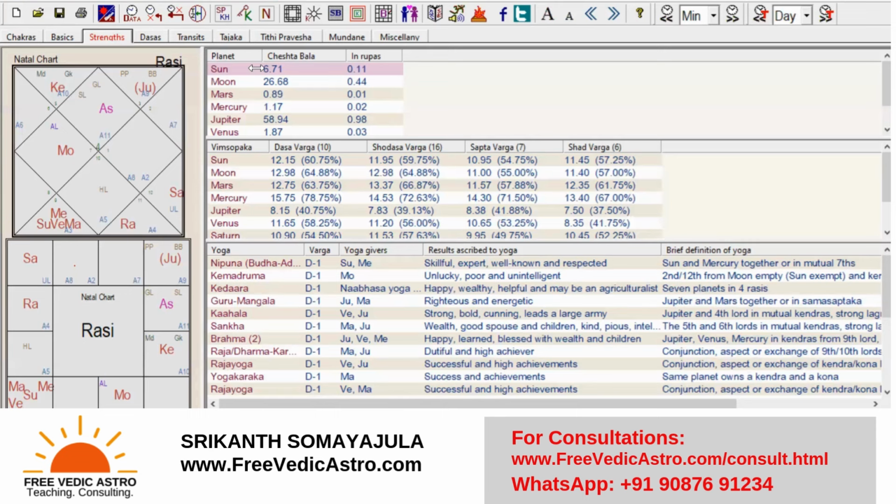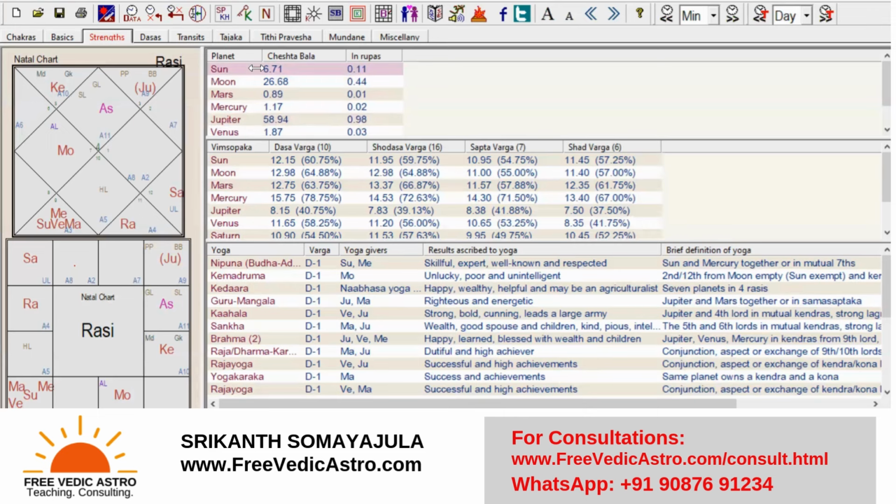There is also one more concept, which Deepan Shugri will keep emphasizing, and I agree with that. Where Mercury with Rahu or Sun with Rahu, because Rahu is a retrograde planet, that will increase the cheshtabala of the planet. So if Sun is along with Rahu, the cheshtabala of the Sun increases. If Mercury is with Rahu, the cheshtabala of Mercury increases. We are not actually adding up the Chaya Grahas here, but they have to be added up. So that's why I'm saying don't go by these numbers.